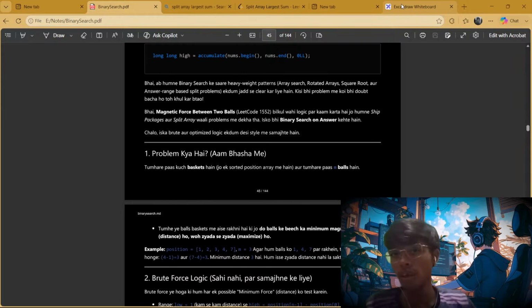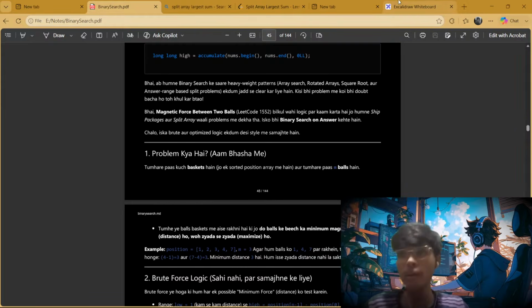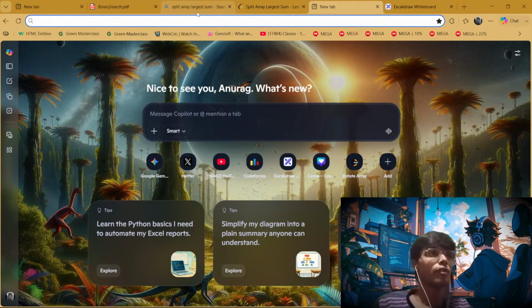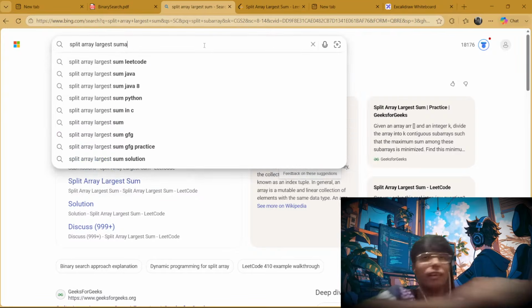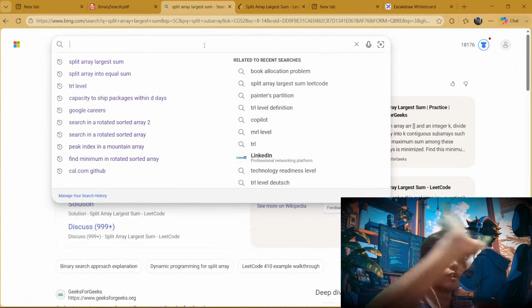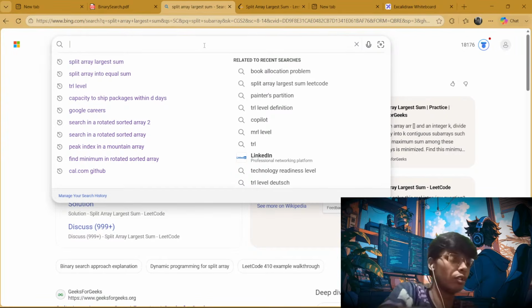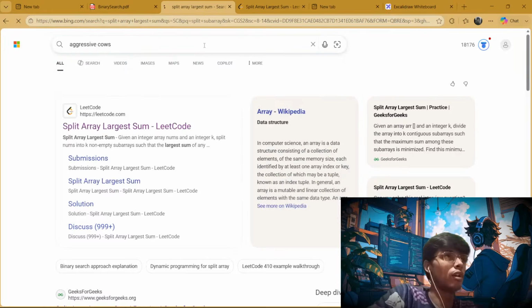Okay. ये कौन सा पीडीएफ है? ये मेरा खुद का पीडीएफ है यार, मैंने खुद के पढ़ने के लिए बनाया है। ये कोई प्लेटफॉर्म वेटफॉर्म का नहीं है, मेरा खुद का ही है। सो बेसिकली ओके, सो एग्रेसिव काउ, राइट? एग्रेसिव काउ।